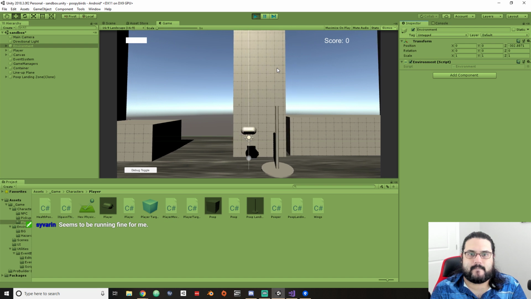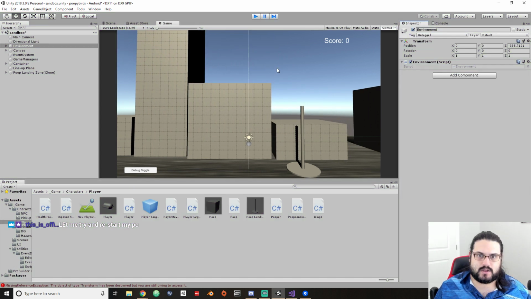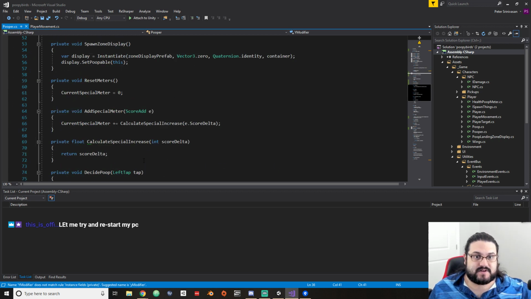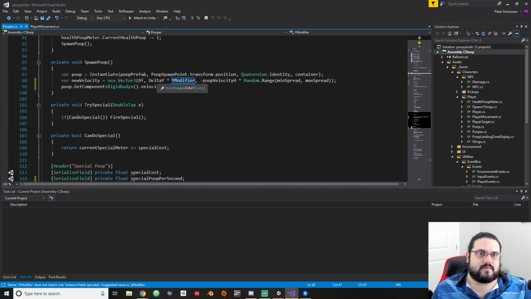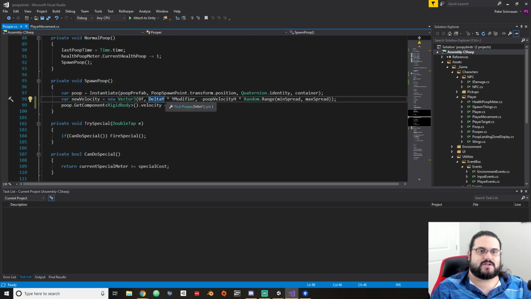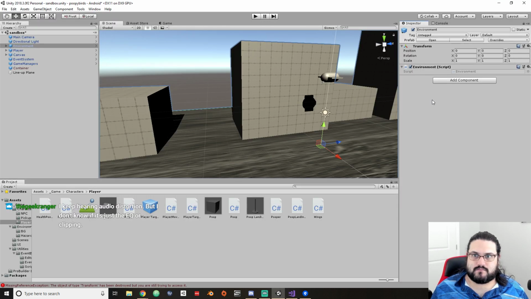One would think that should have affected the velocity a bit more than it seemed to. This is on spawn poop. 0F is correct for the X direction. Delta Y times Y modifier. I guess delta Y would be super, super tiny. So you would need to multiply that by the...